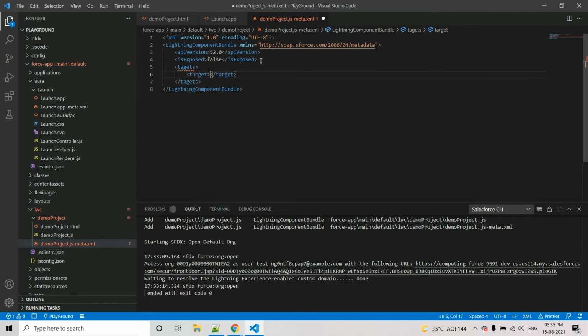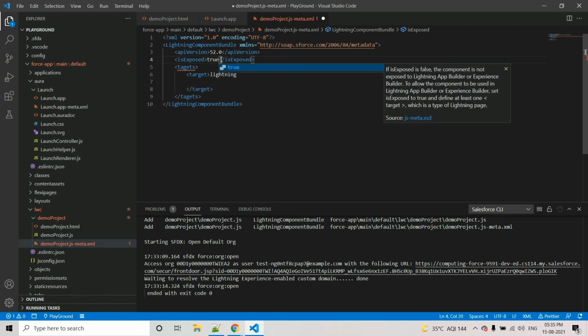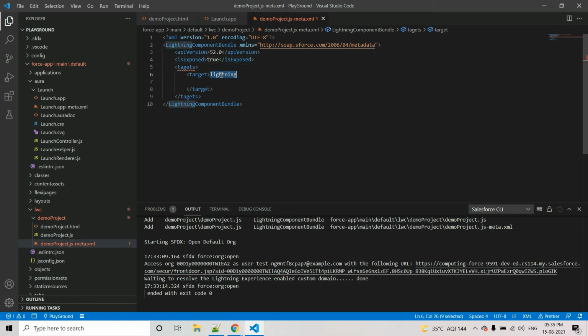Target. We have to make it true also. Save it. And save it.